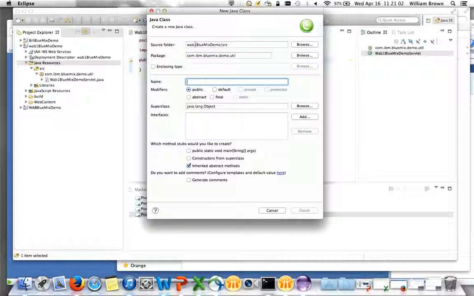And I've done this a number of times. I've made mine WAB1, so I add that there. The next thing I need to do is to make sure that I put in the name of the servlet that I'm going to create. And so again, the name of the servlet I'll create will be WAB1 Bluemix